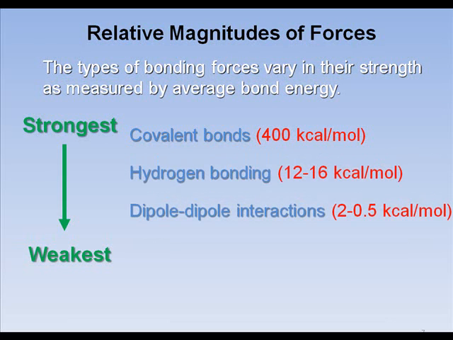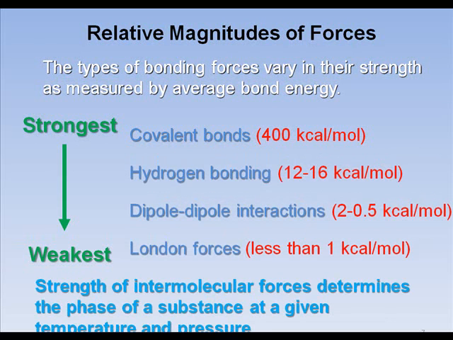Dipole to dipole interaction is further, and then your London forces are the least strong that take place. The London forces are those that are van der Waals. Those are the statistical unequal distribution of electrons. So at a given temperature and a given pressure, how strong the intermolecular forces are will determine what state the